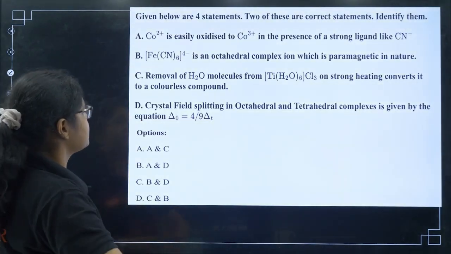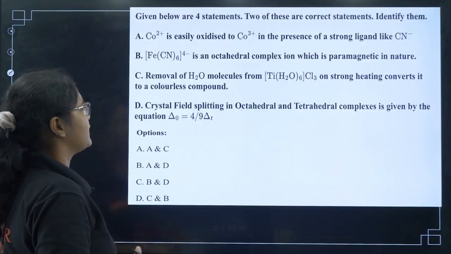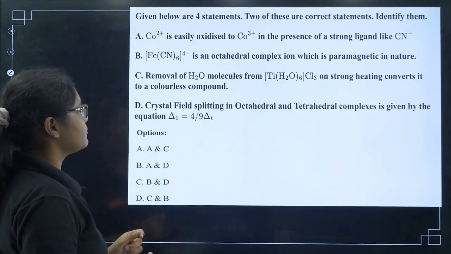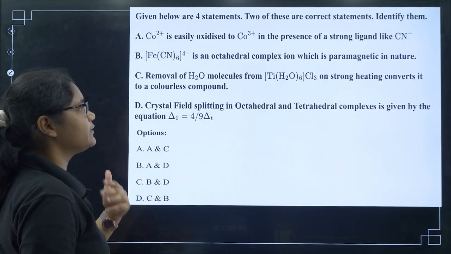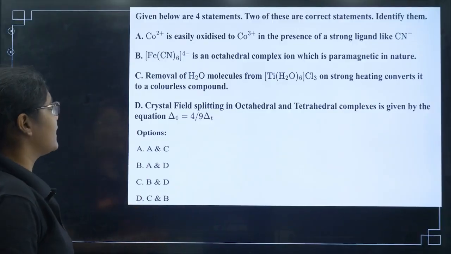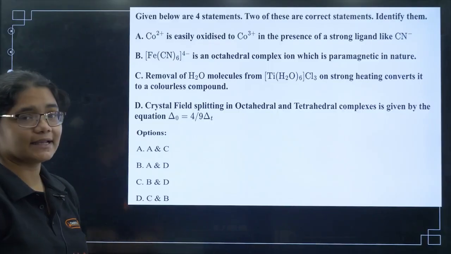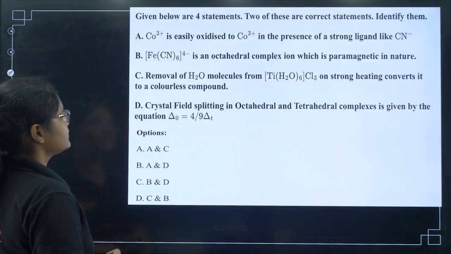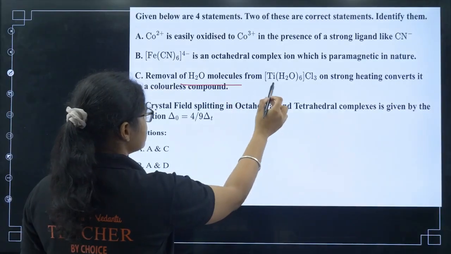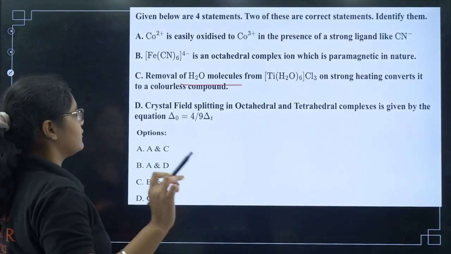Let us see the next question. Given below are the 4 statements. 2 of these are correct statements. Identify them. Cobalt 2+ is easily oxidized to cobalt 3+ in the presence of a strong ligand like CN minus, and Fe(CN)6 4 minus is an octahedral complex which is paramagnetic in nature. Okay, so first of all, removal of H2O molecules from [Ti(H2O)6]Cl3 on strong heating converts it to